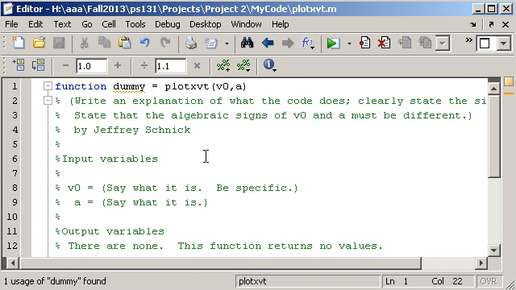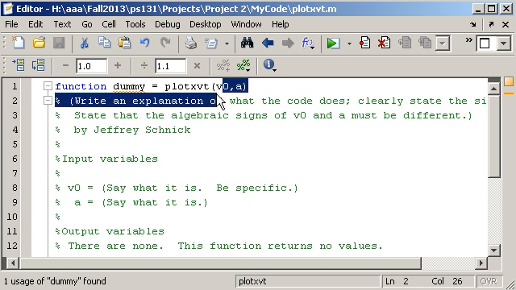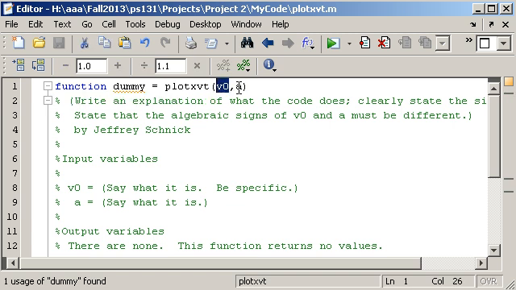Don't say project2, for instance, as a function name. Say what it does. You can call it graph position versus time. There's a million different names one could come up with that say what it does. Same thing with these. You can call that initial velocity. That's a long variable name. It is a good idea to keep them short so the expressions don't get too long, but